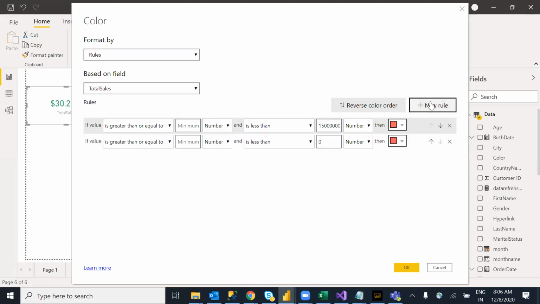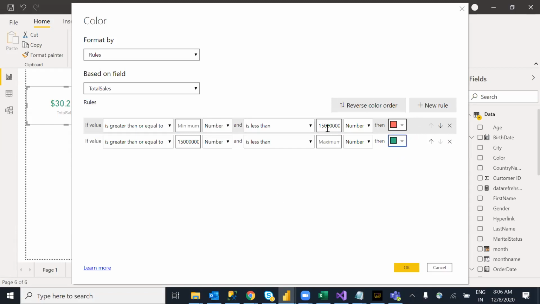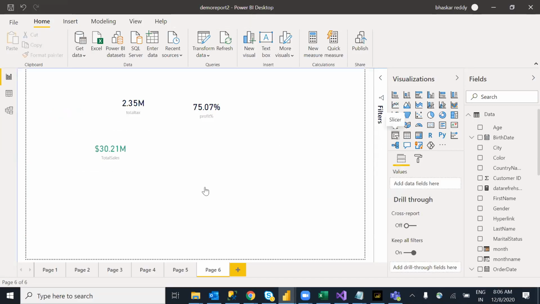If the sales amount is increased, not only at table level, most of the places we can display this. If the amount is greater than or equal to, let me copy this number. Based on the number, just remove the 0. Up to the maximum number I want a green color. If it is less than 50 million I want a red color, otherwise a green color. If tomorrow the sales increase or decrease, automatically the color will change based on that.